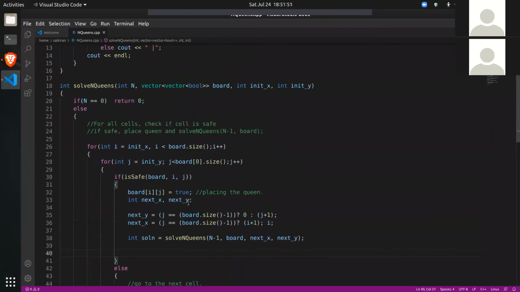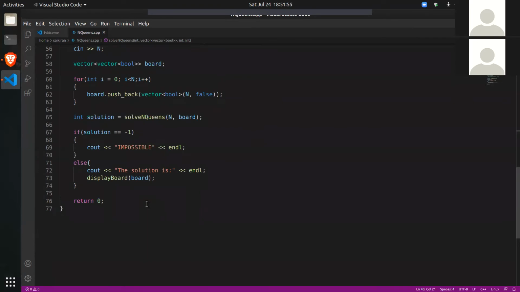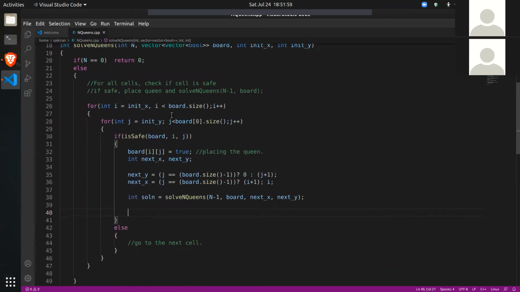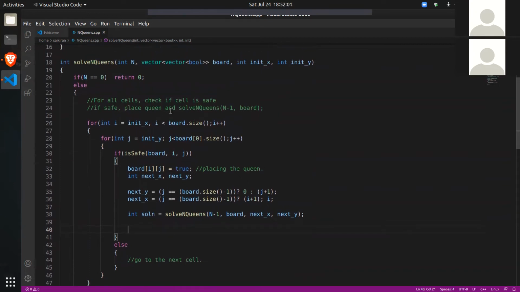Now, let me tell you the story so far. We called solveNQueens. So let's take a 7 by 7 chessboard. I'm telling solveNQueens to place 7 queens. It found a safe place for the first queen, and it is asking a child to place 6 queens because one queen is already placed.